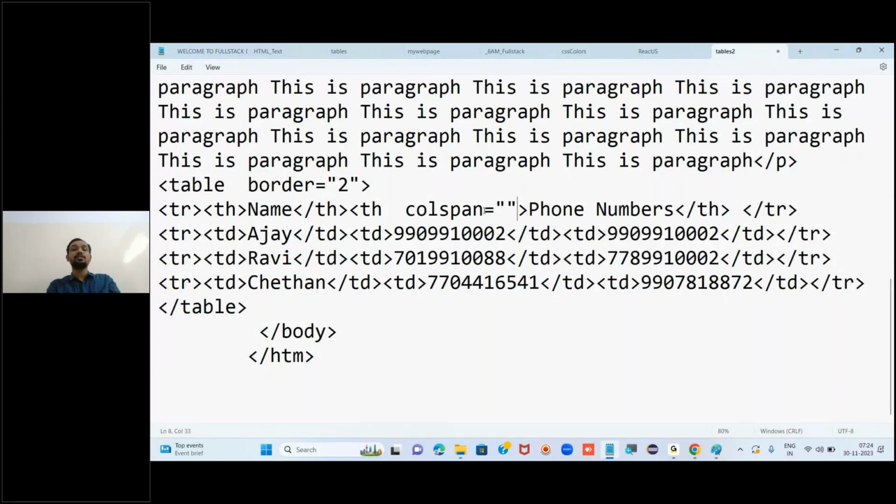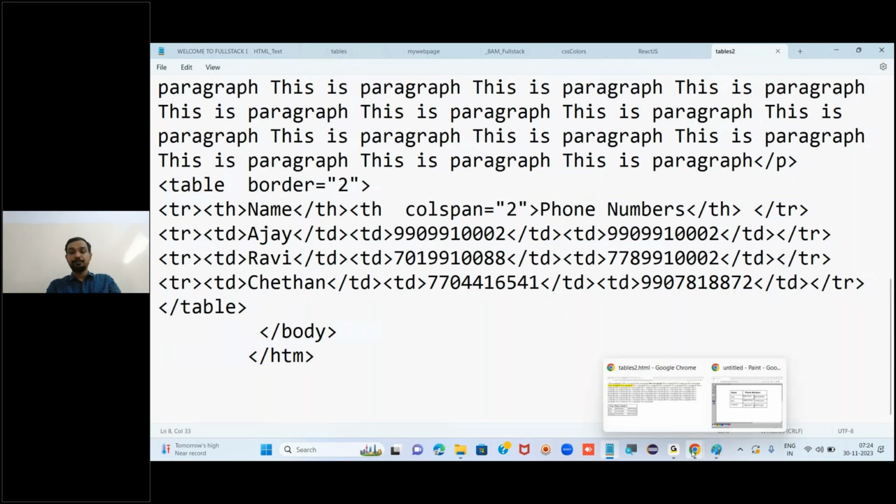What does it mean here? The th is something which holds the data. It tries to occupy, with what you're going to write in it, not just one column, but this column and the next column. Means two data cells: the second data cell and the third. If I want to merge three, then I have to write three. First, second, third, fourth. That's it. Now save this file